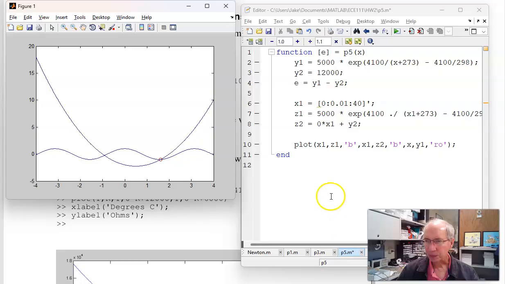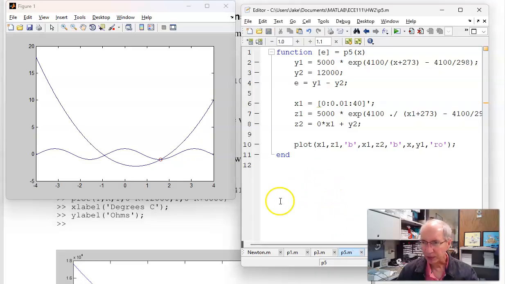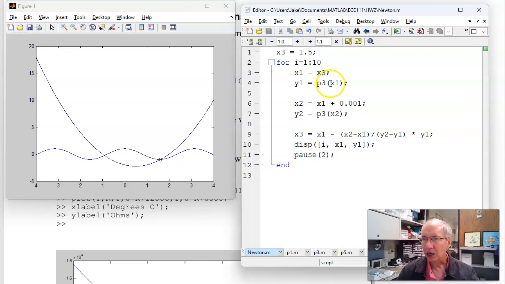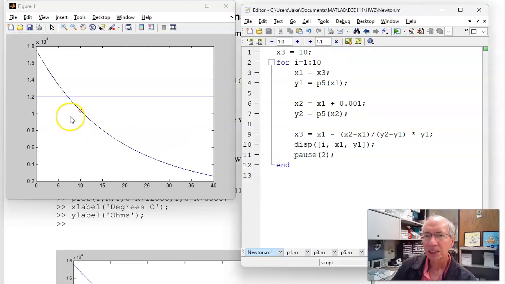So that's problem 5. In Newton's method, all I do is change this one line of code, okay, 2 lines of code. This is the function I want to drive to 0. So if I say my first guess is about 10 degrees Celsius. Now if we use Newton's method, if my first guess is 10 degrees Celsius right here, it'll draw the